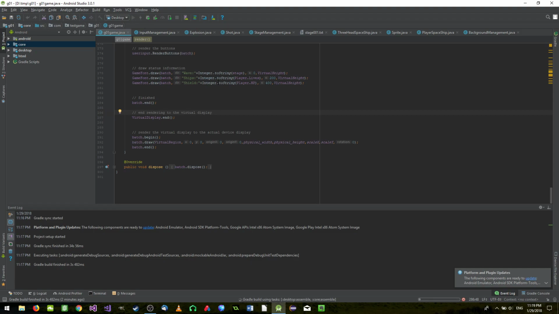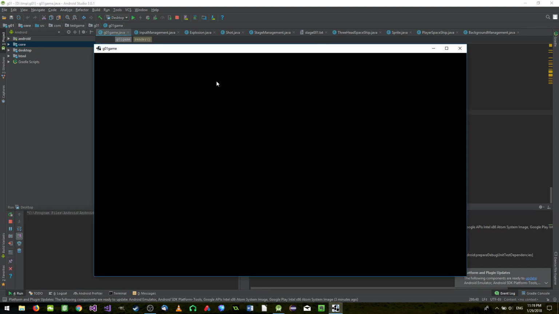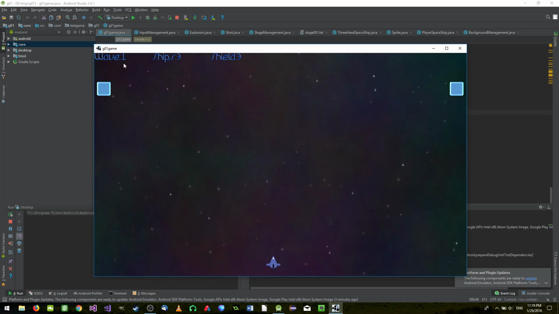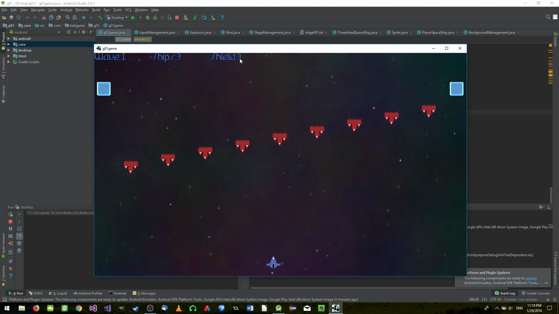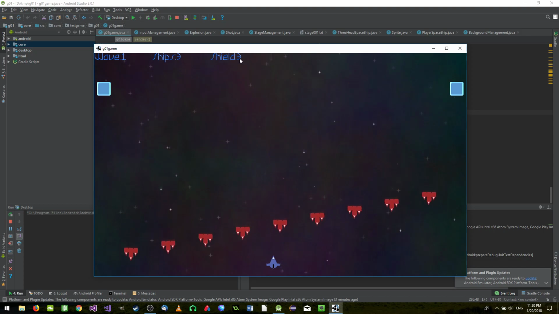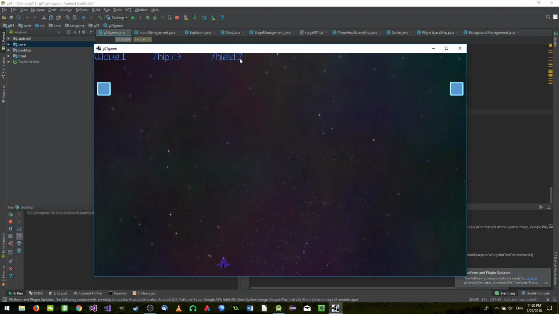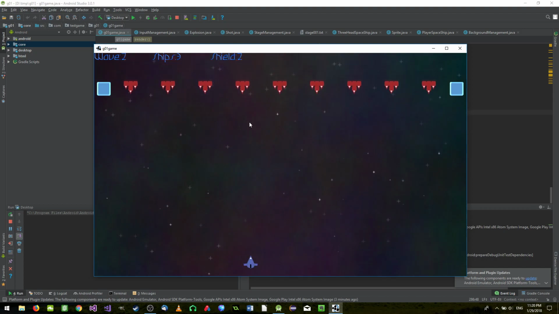As you remember in the previous video, what we managed to do is add a font to the game. We managed to add some text, such as the wave, the number of ships that you have, and the status of the shield, right? What we want to do today is add